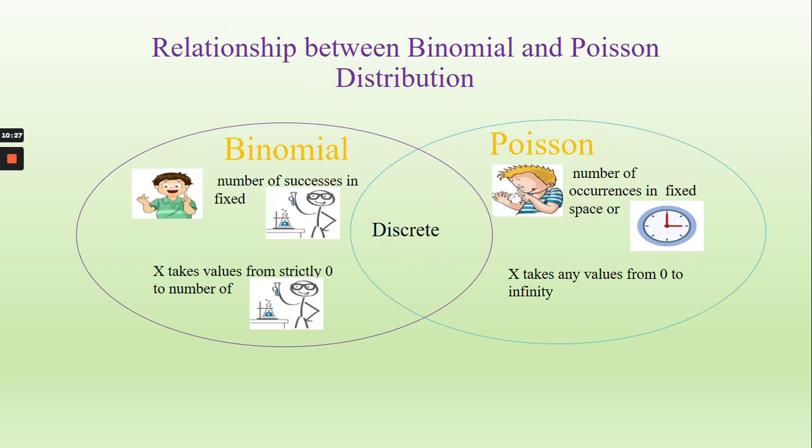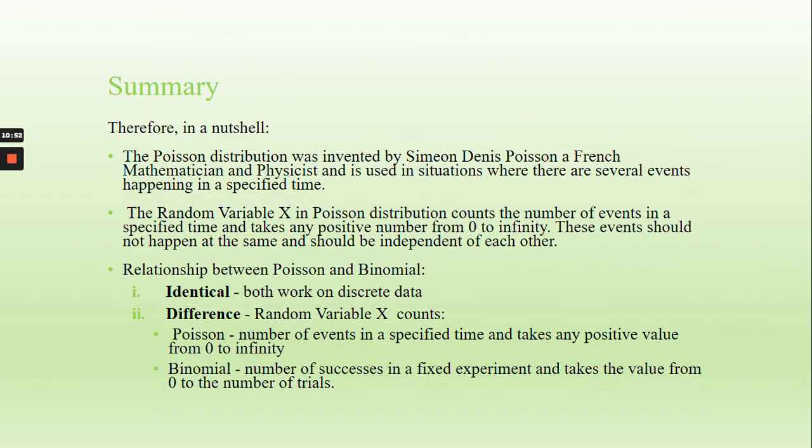Then the identity is that both of them are discrete variables. Both of them are discrete, which means the values that they take are countable. One goes to infinity, the Poisson goes to infinity, but the other one takes values from 0 to the number of trials. So that is the main difference between these two. Now, as a summary,